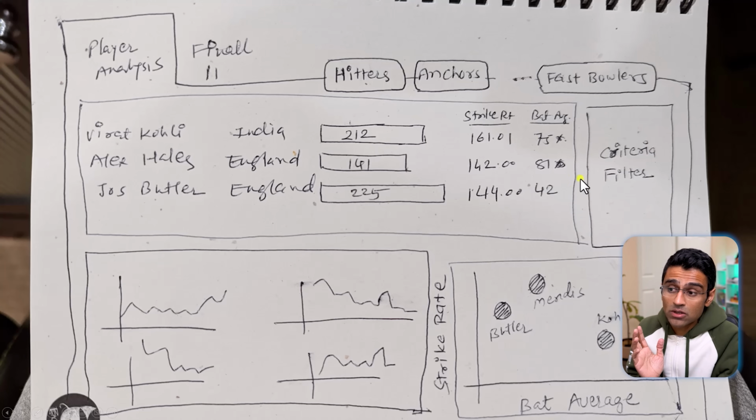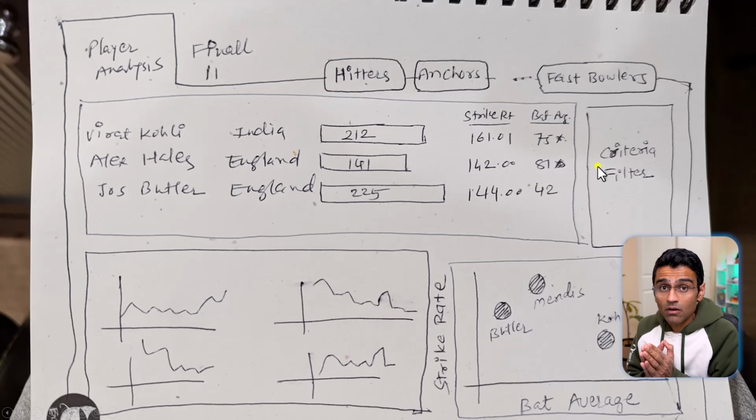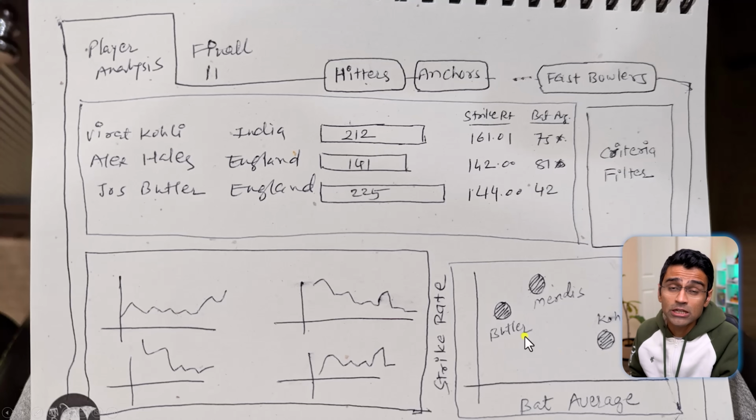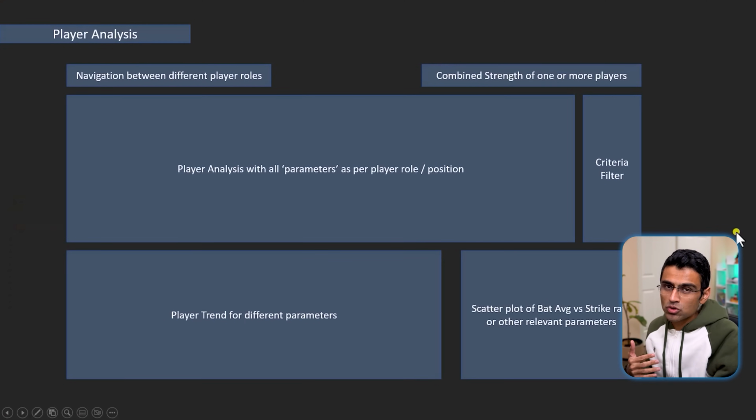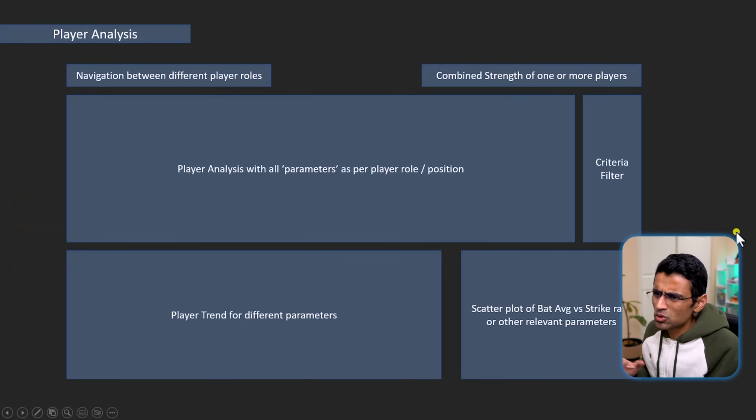And on the right hand side, you want to have a criteria filter where based on our criteria, we can see a list of players here. And then at the bottom, you will have some kind of trends for various statistics, and bottom right would be the scatter chart between strike rate and batting average. Now they can provide this mock-up in a rough format like this, or sometimes people use PowerPoint or some other tool and they will just